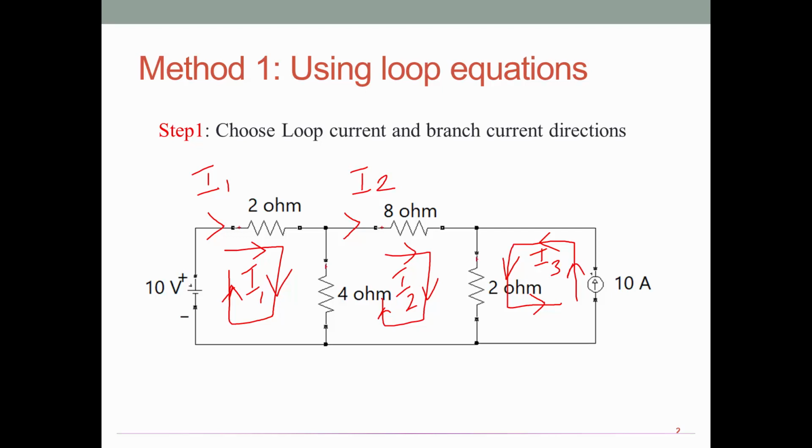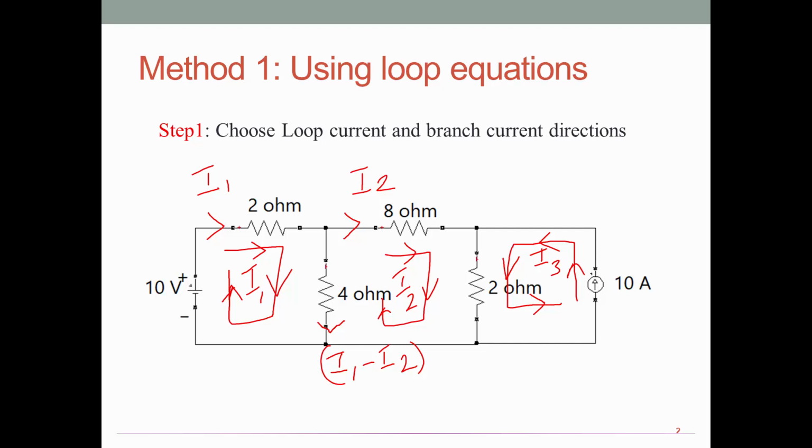Then coming to 4 ohm, we have 2 current flows, loop 1 downward direction, loop 2 upward direction. So you have to fix the direction here. As usual, we have to fix downward direction. Take this current as I1 minus I2, since I am assuming I1 current is greater than I2.